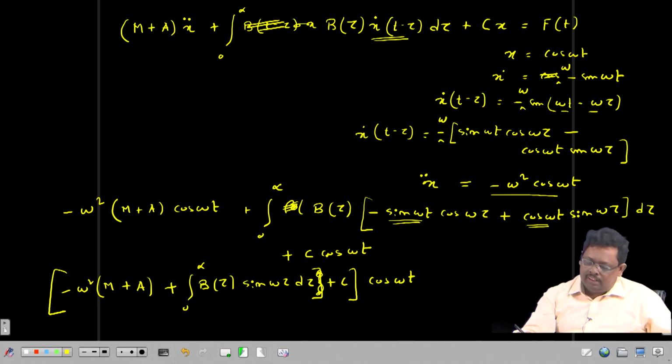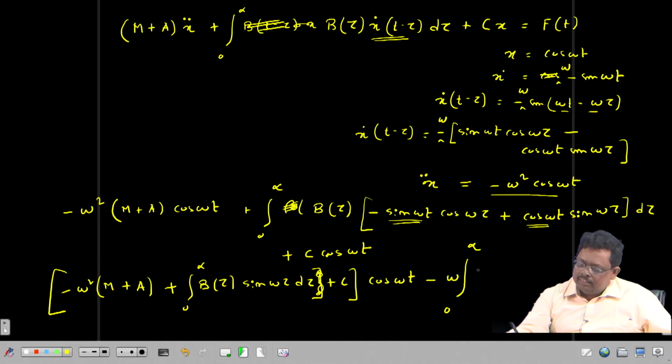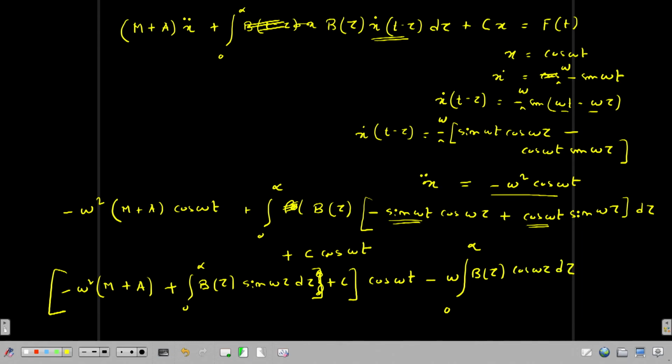Therefore, it is minus omega into integral from 0 to infinity of b tau, and then it is sin omega t terms, cos of omega tau d tau. So, this is the term related to the